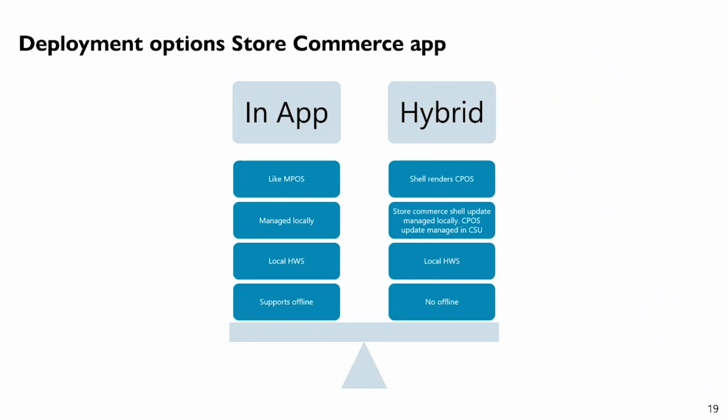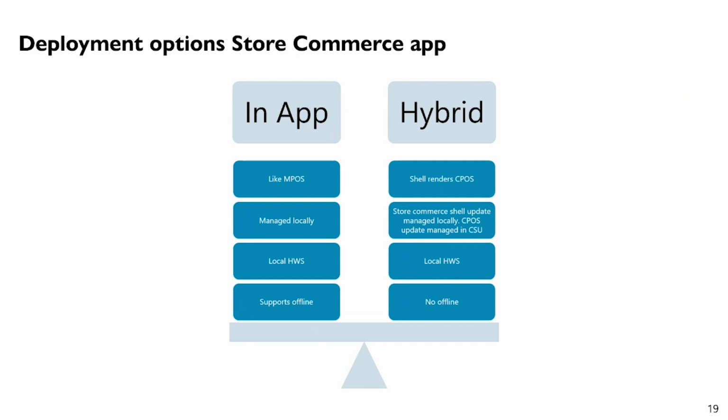For the in-app deployment option, the application content is locally deployed in the Store Commerce. Store Commerce then renders the application content from its local deployment. It doesn't connect to CPOS that is hosted in the CSU to get the application content. So you'll need to provide the retail server URL when you install the Store Commerce app in